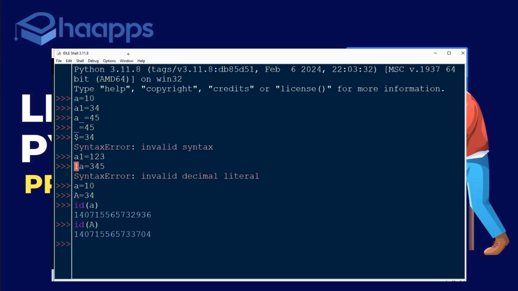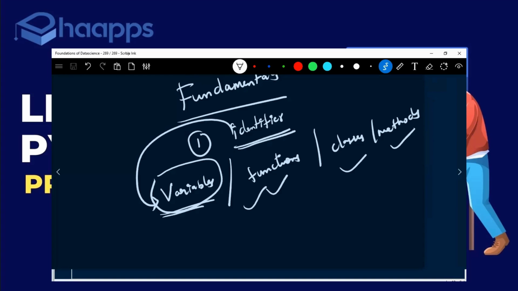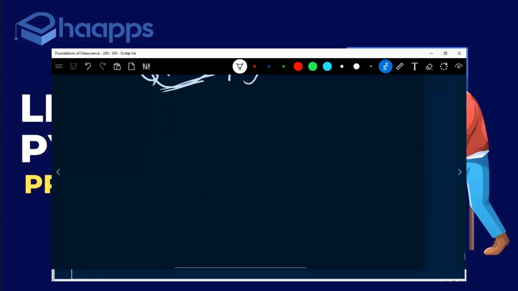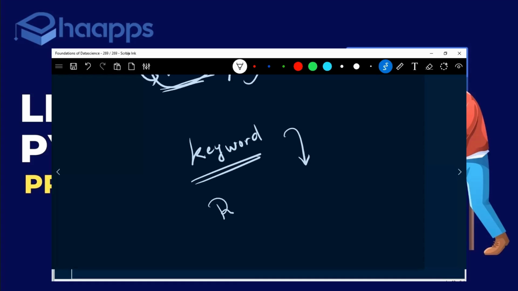And one more rule you have to follow: you cannot use a keyword as a variable. But what is a keyword? These keywords are some reserved words. Think of a reserved table: you cannot sit at the table, why? Because someone has already booked it. Similarly, reserved words mean